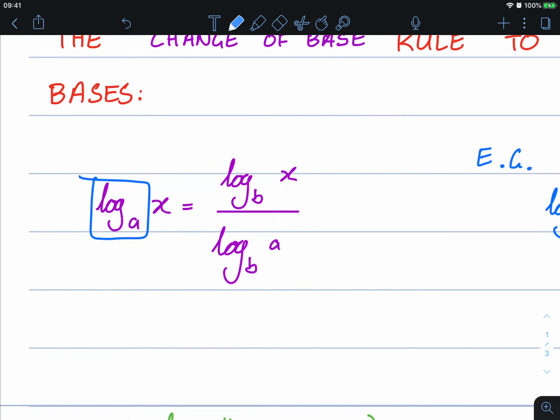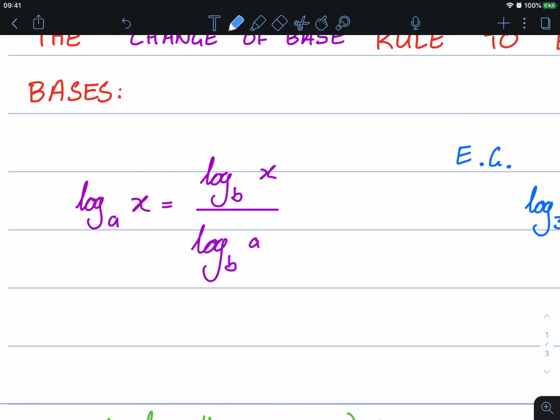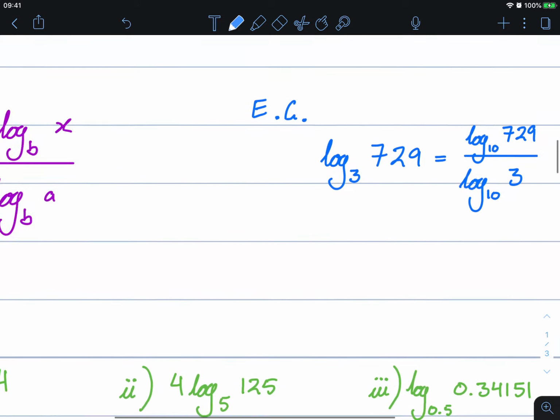So log base a of x, we can change the base to whatever base we want, b, by taking log base b of the result, divided by log base b of the previous base that we want. So for example,